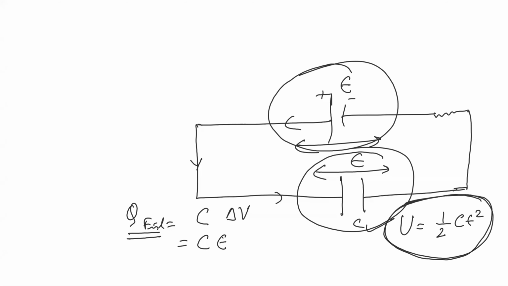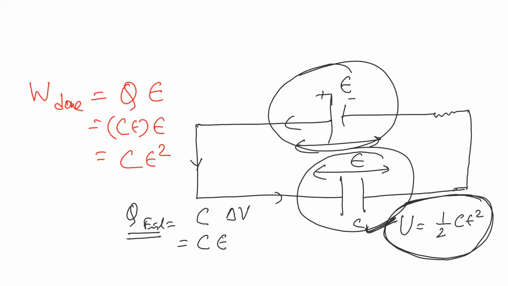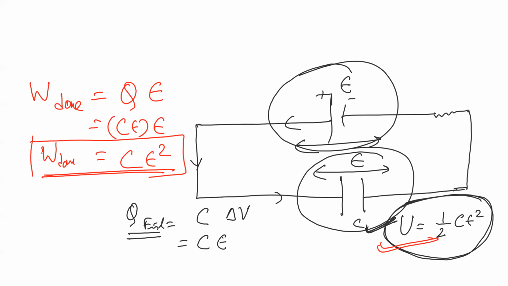Okay, this will be the energy stored in capacitor. Now, how much work is done by the battery? This we discussed last class, because this is an important point. How to calculate work done by the battery? Whatever charge it is giving into the EMF, Q into E. What is Q? C into E. So it is C into E into E, CE square. Now the question is, battery is doing CE square work, but energy stored is only half CE square.